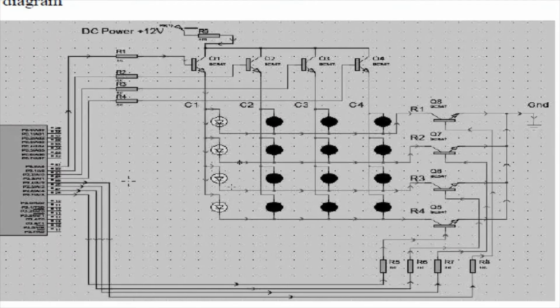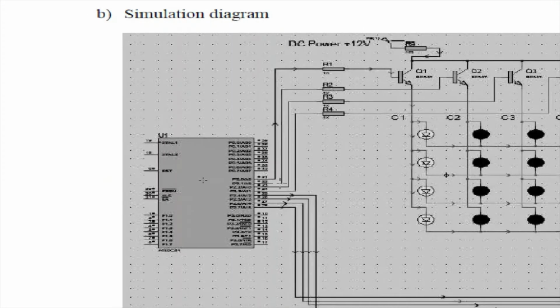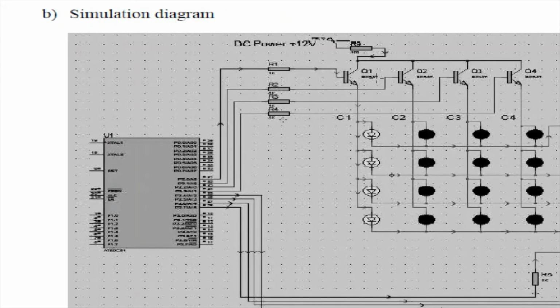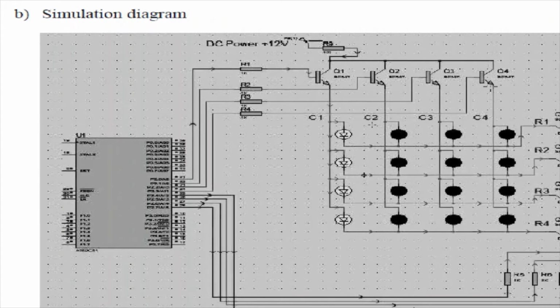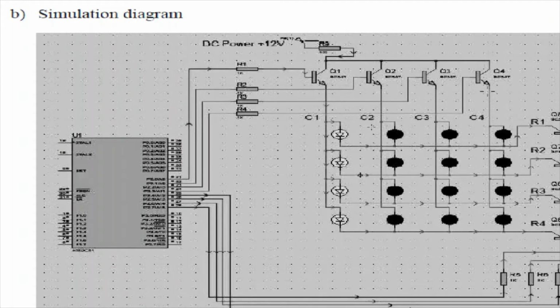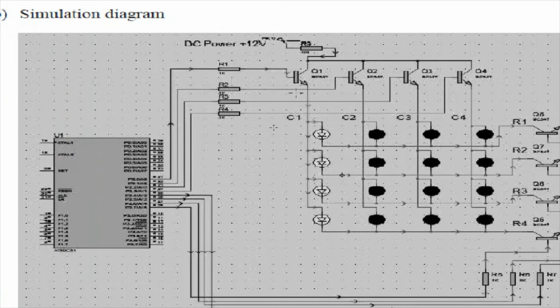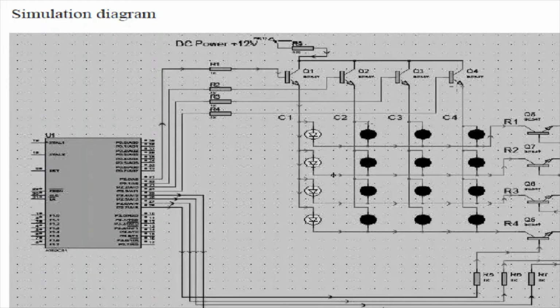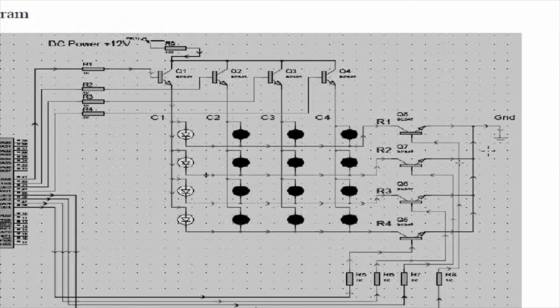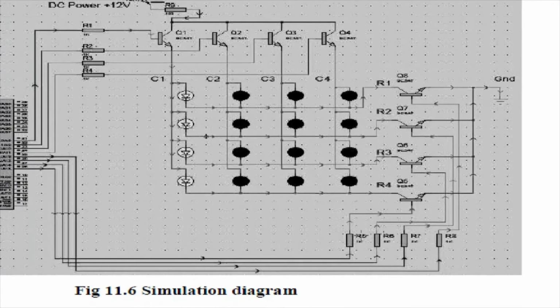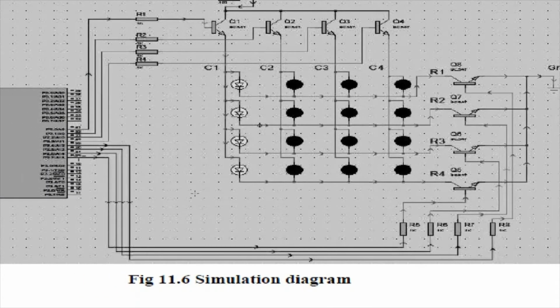This is one more diagram which shows a 4 into 4 LED matrix connected with 8051 microcontroller port pins. Here port 2 is used and you will find that P2.0, P2.1, P2.2, P2.3, these port pins are connected to base of each of the 4 transistors, and these transistors are responsible for handling the column operation. So this is transistor related to column 1, this is column 2, this is column 3 transistor, this is column 4 transistor. Similarly, for handling the row related operation, these 4 transistors which are named as R1, R2, R3, R4, they are used and they are connected through current limiting resistor through the remaining 4 port pins of port 2.